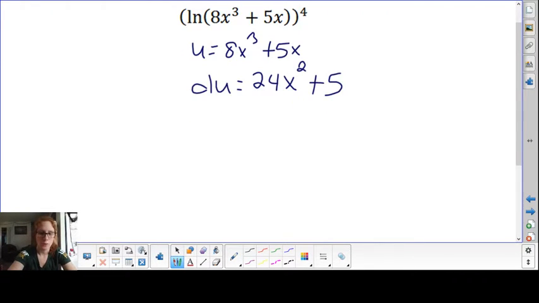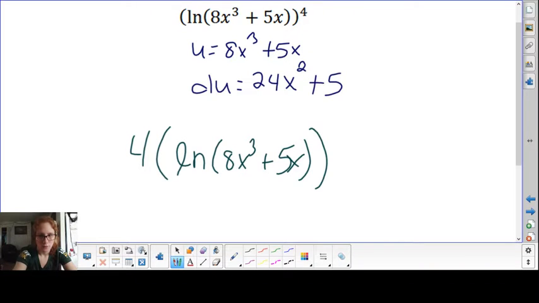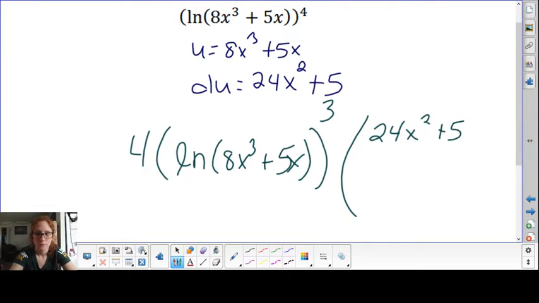So, starting with that chain rule, we're going to bring that 4 down. Then we have the natural log of 8x cubed plus 5x, all to the 3rd, because we reduced by 1, times the derivative of the inside, which gives me that 24x squared plus 5,